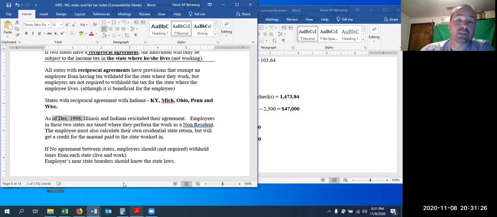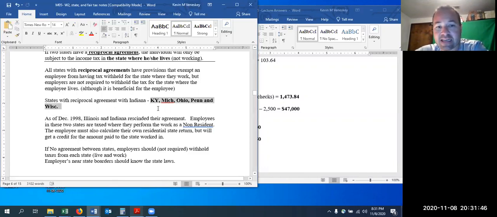So Illinois was losing out. They were losing out on all the Indiana employees who were coming over to work in Chicago. And they were losing all those employees' potential tax and then not gaining back some of the Illinois residents who were coming to Indiana. So that's why most likely that was rescinded, if you would read between the lines.